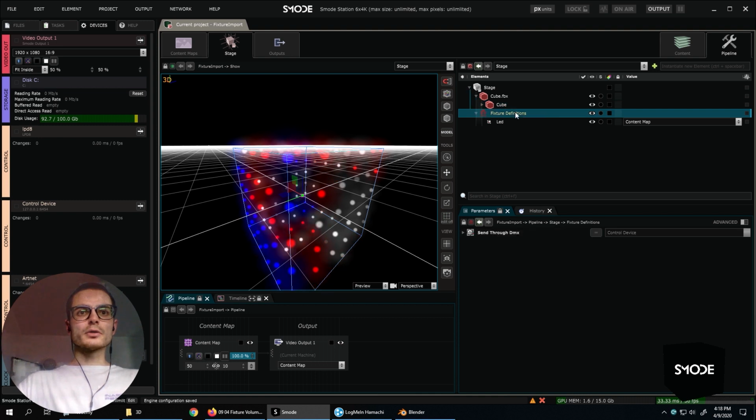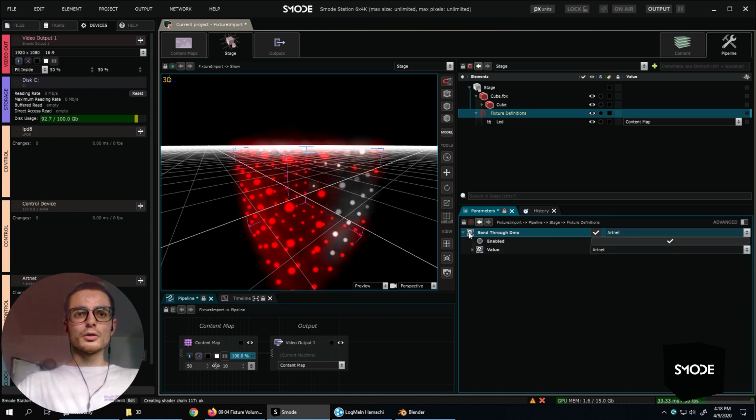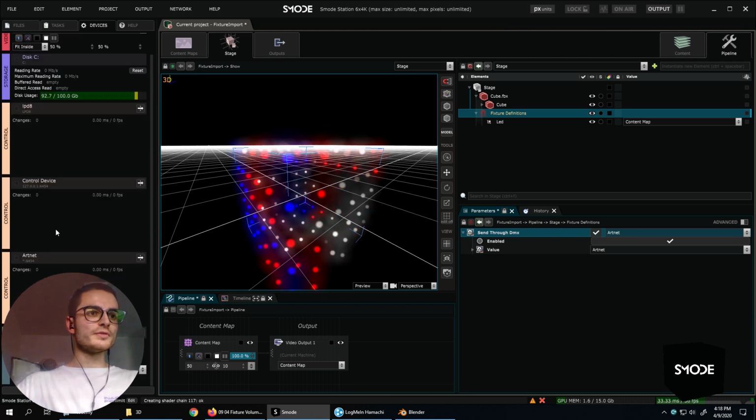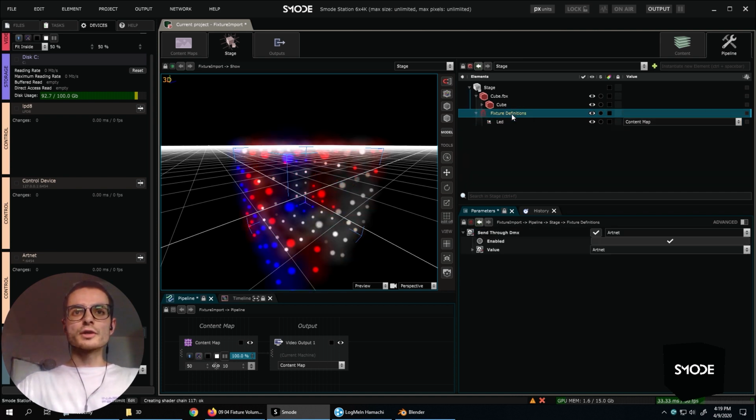So now I have my DMX fixture. I can select it inside the parameter. I have already done it, but let's take this one. And now, because I have the output on, my device is not muted in the network. I have some ArtNet packets floating because I have no fixture on the server.